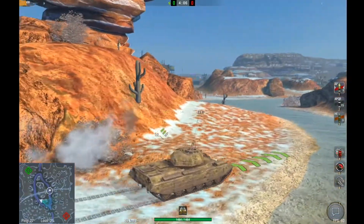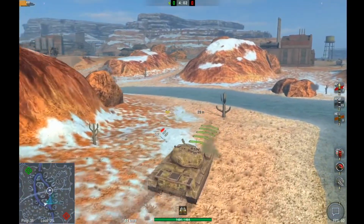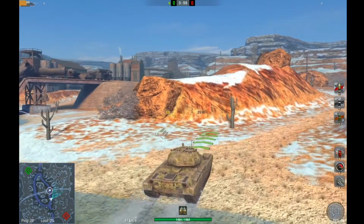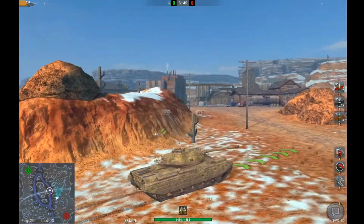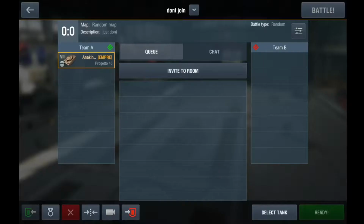But I usually like to wait for my second shell. I don't wait for my third shell unless there's no one shooting at me, but I don't use my first shell, that's for sure, because then you have to wait another 6 seconds for only 240 damage, whereas you can wait 6 seconds plus just another 4 seconds, and then you could do double that damage. So yeah, it's a little tricky to play, but